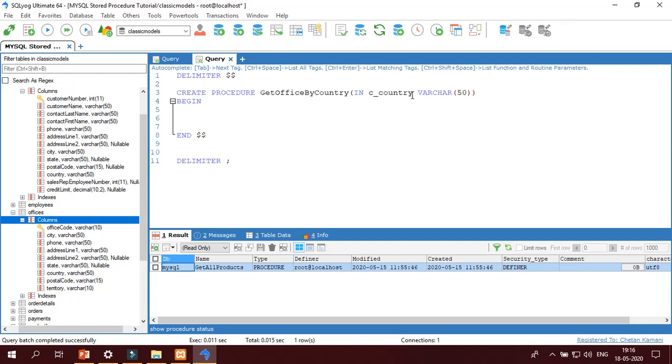Then get_office_by_country, then the country parameter. Here the data type will work. Then BEGIN, then I have to write SELECT * FROM offices WHERE country = c_country.